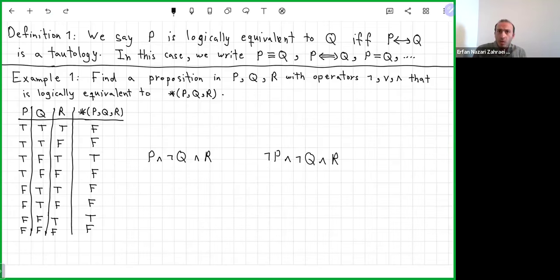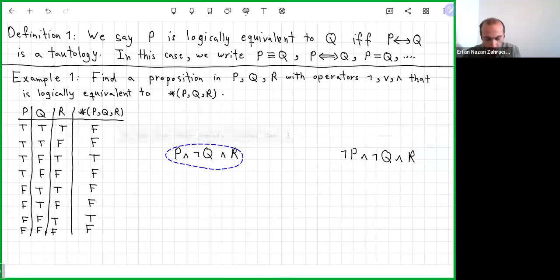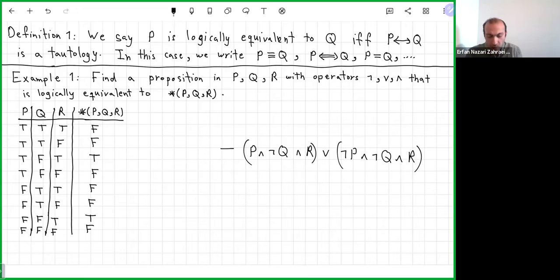That's what OR does. If you combine a bunch of statements using OR, then it's true if at least one of them is true. So the statement that I'm looking for is the OR of these two. Let me connect them with OR. And this is logically equivalent to this new operator that is defined using this column. You see that this is a very mechanical and straightforward strategy that can work on anything.